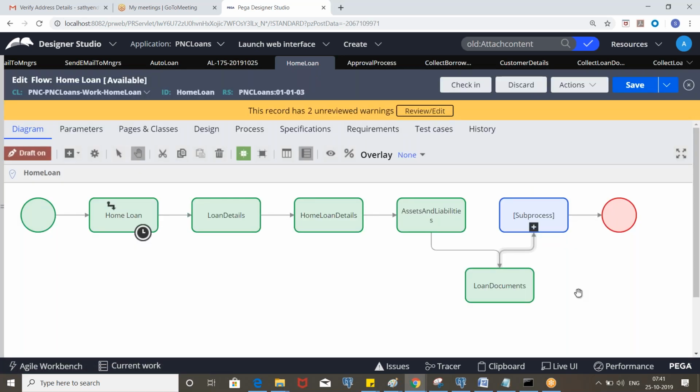Okay, so after completing assets and liabilities, you will see the loan document screen where you can upload documents.